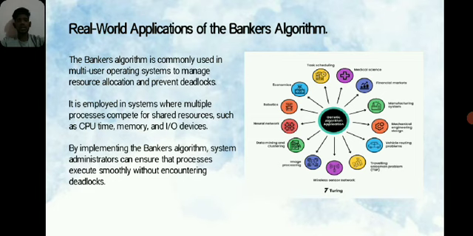Real world application of Banker's algorithm. The Banker's algorithm is commonly used in multi user operating systems to manage resource allocation and prevent deadlocks. It is employed in systems where multiple processes compete for shared